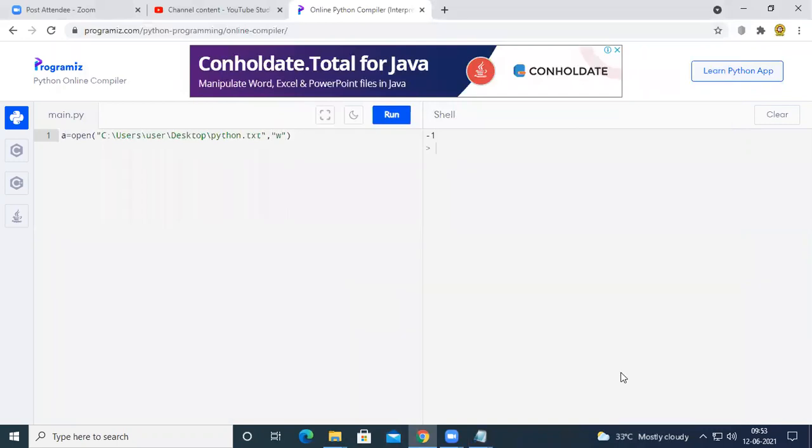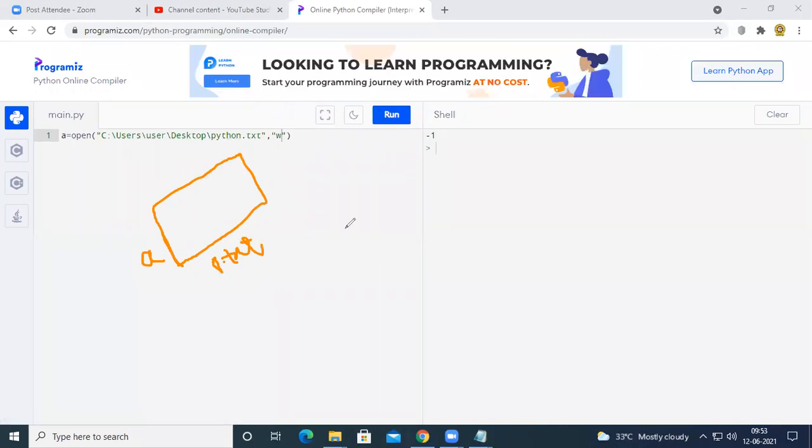When we pass W here, some space will be created with the name A, because the variable name is A. Now in this variable, the python.txt file will be opened, and the entire data in the python.txt file will be deleted. And now the cursor is waiting at the starting position.